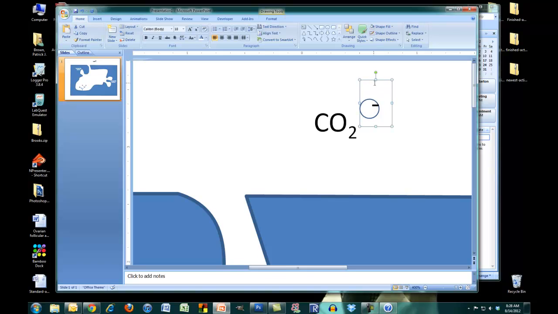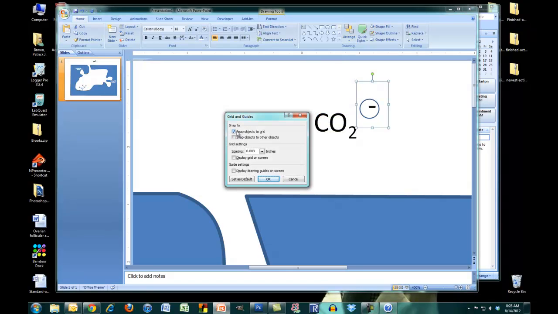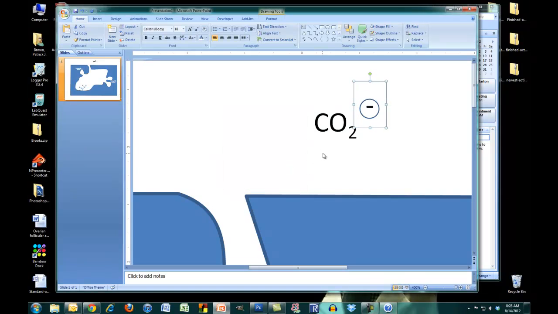Alright, so what we need to do is, because this is moving around all funny, right, it's not going to line up for us, and that's because there's a grid line that we can't see. And all of the objects in our drawing are being snapped to that grid. So what I'm going to do is go up here to Arrange, Align, and then we're going to go way down here to Grid Settings, and see where it says Snap Objects to Grid. See, the grid right now is 0.083 inches, so it's going to move in increments of that size. If I turn that off, now everything is going to move in 1 pixel increments, and so I can center everything very nicely. So now I can zoom back out,